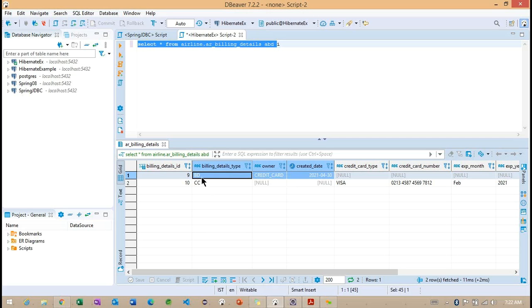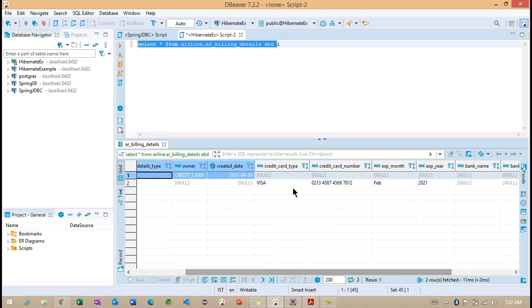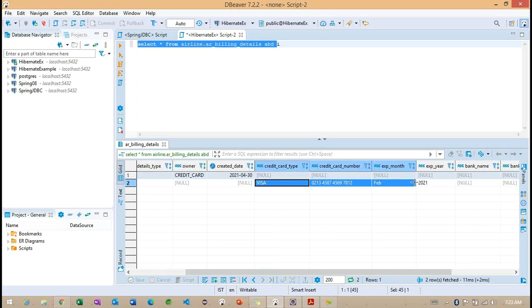Getting the point? So now you can see, using this particular BD we can understand this record will contain billing details, and this particular type which is going to provide the information is nothing but CC, credit card information. Now you can understand we are having the records we specified, and later we can check the credit card section here.